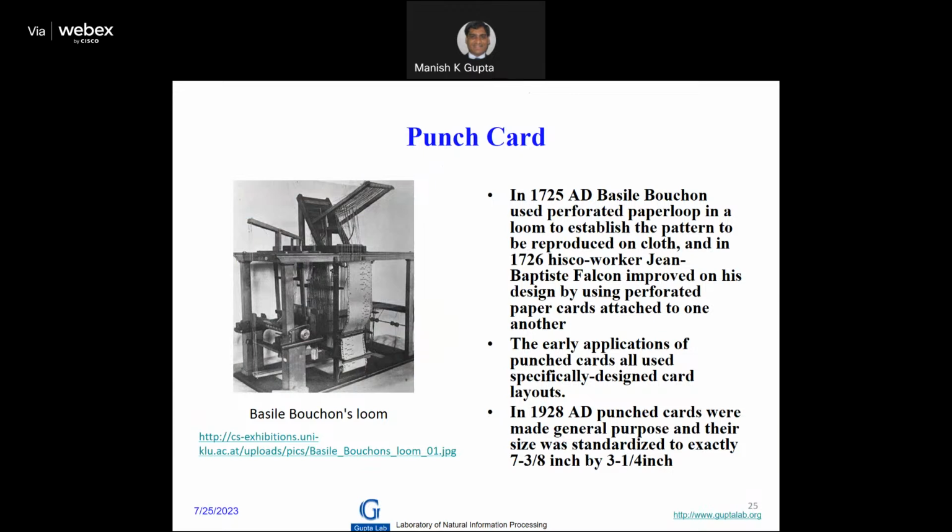So this is something very interesting. And I don't have that picture right now, but you can find the first picture. It's kind of a painting created on a cloth using punch card system. So you have to write a computer program on punch cards. That's another interesting thing. Okay.